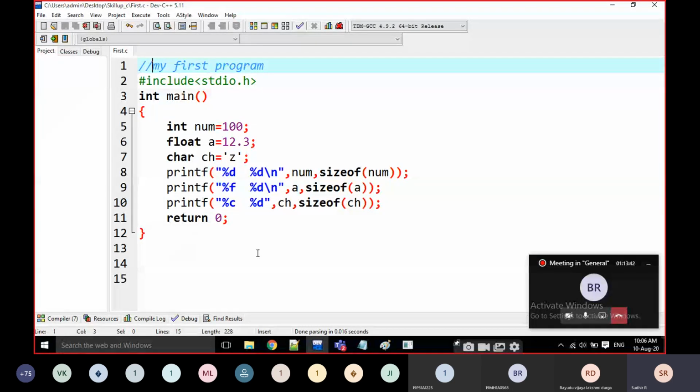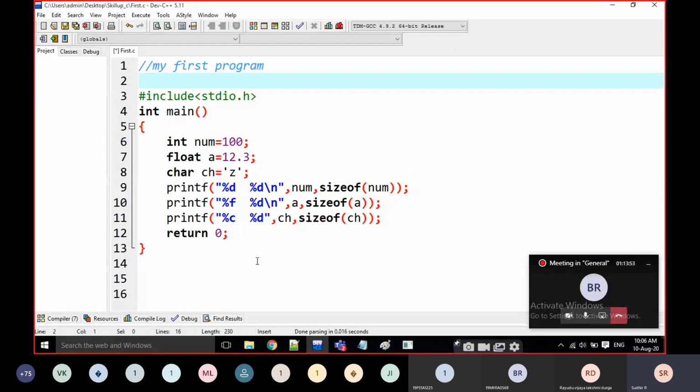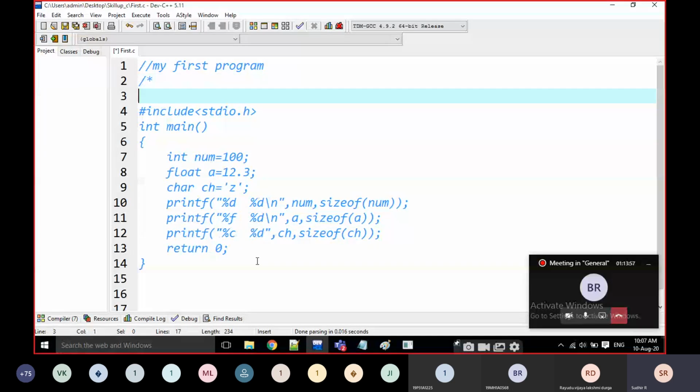How to write multiple line comments? That means some paragraph I am going to write here, telling about myself or what the program is going to do. I am going to write it in multiple lines with slash star and star slash.